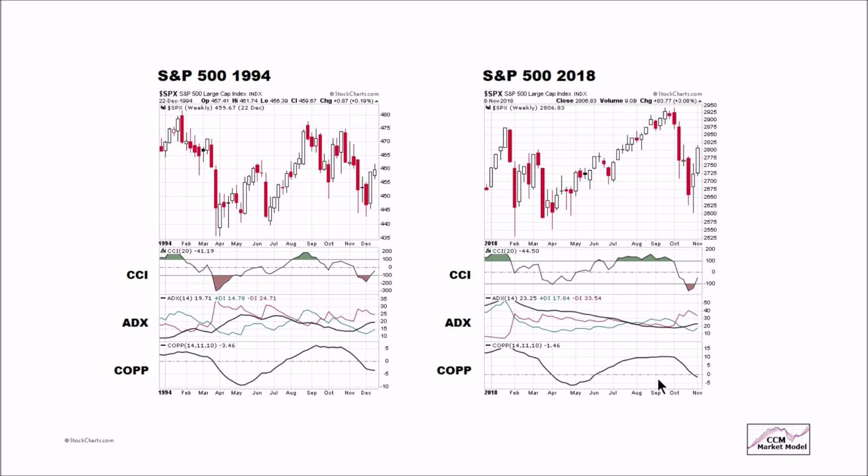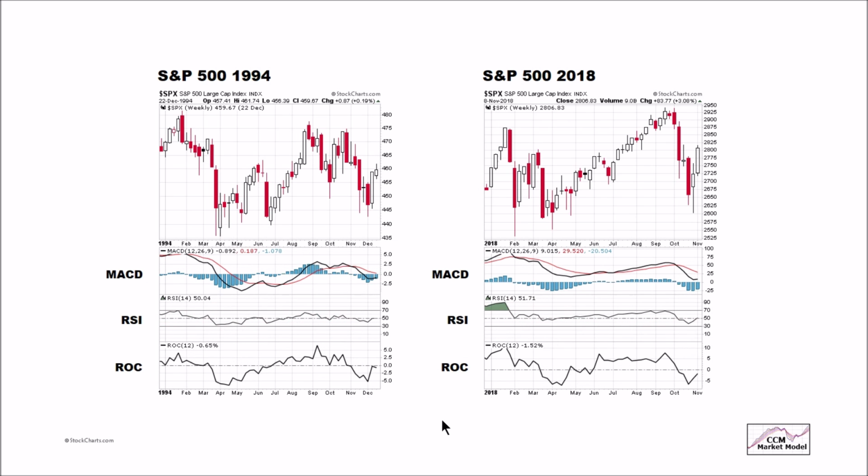Again, we're not looking for identical patterns, similar patterns. These are unquestionably similar patterns. If you're still not convinced, similar situation with MACD. If we compare the whole period, they're similar, but let's look at the end. 2 weeks into the rally, we have MACD rising near zero. 2 weeks into the rally, we have MACD rising again near zero. The only difference is MACD is below zero here and slightly above here. The trend in the present day is stronger than it was here.